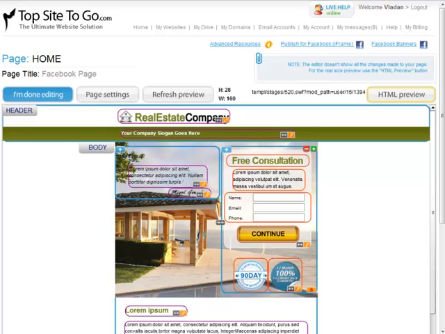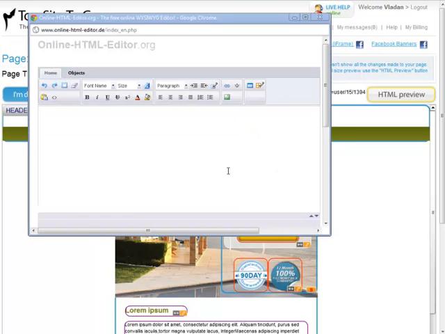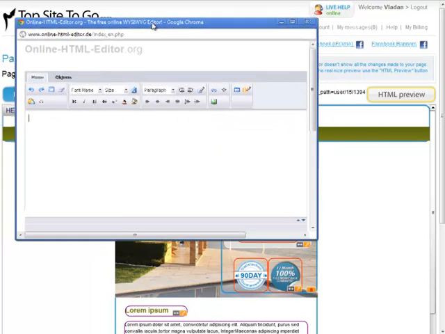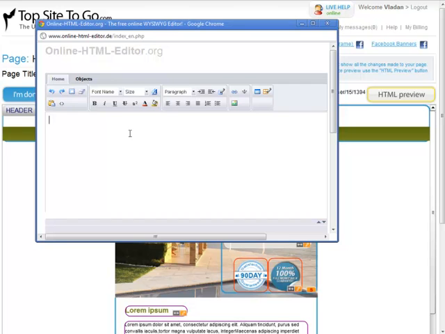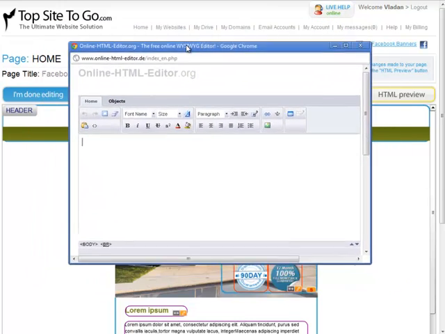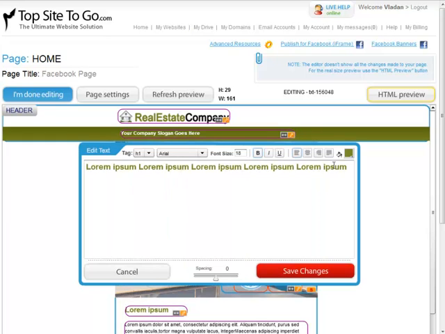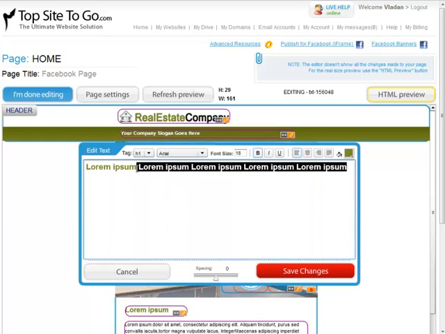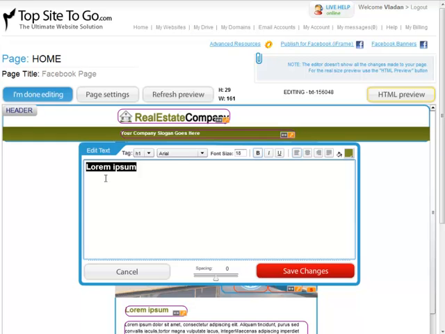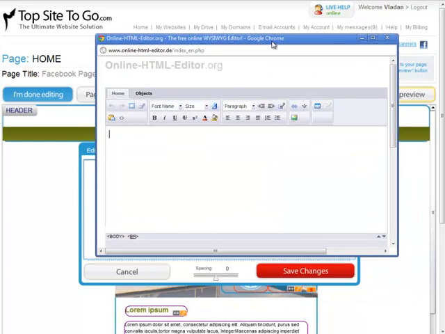This HTML editor is basically my favorite free editor, very simple, and it produces modern div-oriented code, not tables. So what if I want this lorem ipsum to be formatted differently and in more detail? Well, I'm going to open this Advanced Resources editor, I'm going to paste this, and I'm going to make